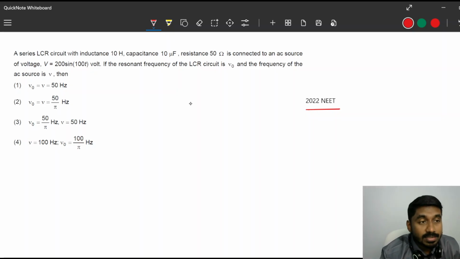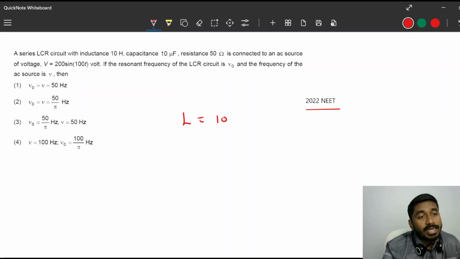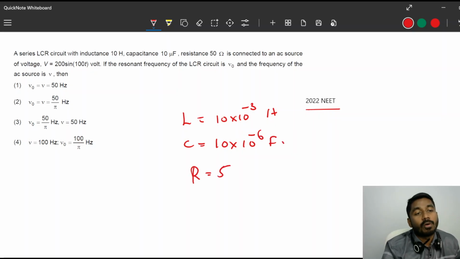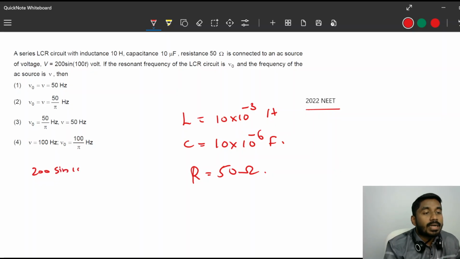A series LCR circuit with inductance 10 Henry. So when you read it, write it on the paper itself. 10 into 10 raised to minus 3 Henry, capacitance 10 microfarad, 10 into 10 raised to minus 6 farad, resistance is 50 ohm, is connected to an AC source of voltage V is equal to 200 sin 100 t. We can just compare as V0 sin omega t. If the resonant frequency of the LCR circuit is v0 and the frequency of the AC source is v, then,